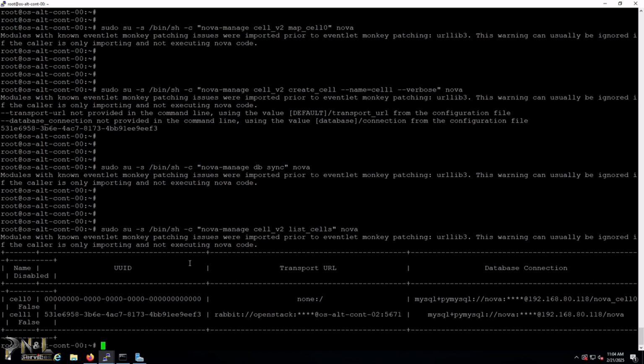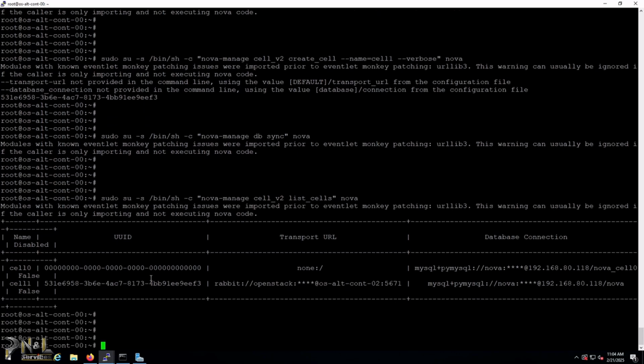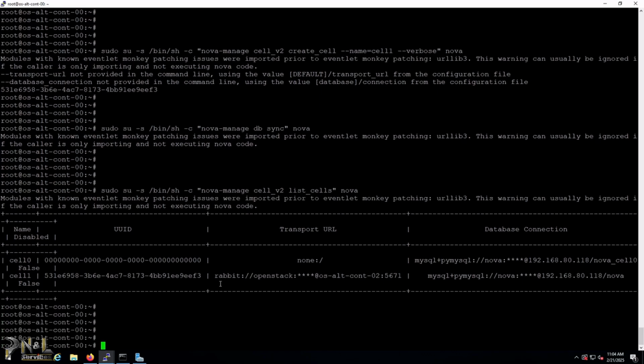Okay, so as we can see, we have been able to populate the cell node and it's connected to the RabbitMQ, using the username and password. So the next thing we're going to now create is the